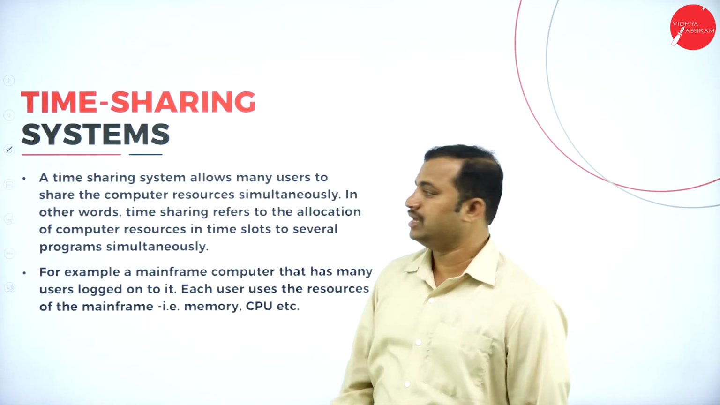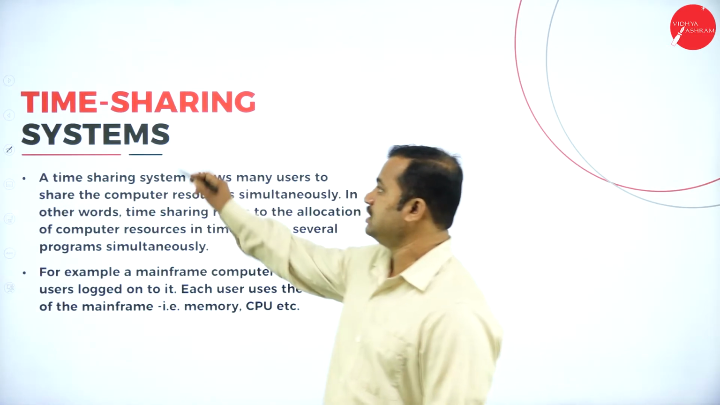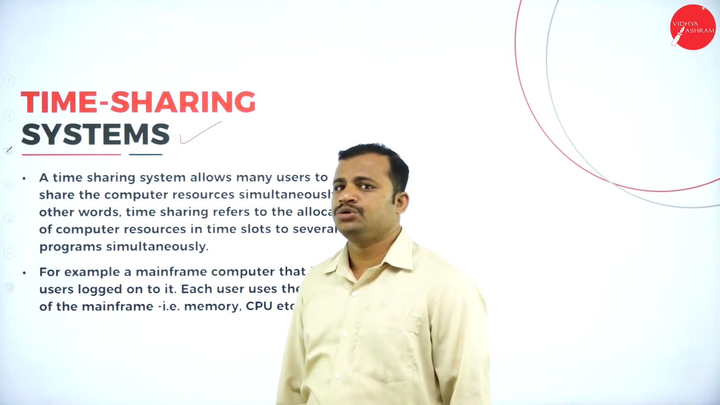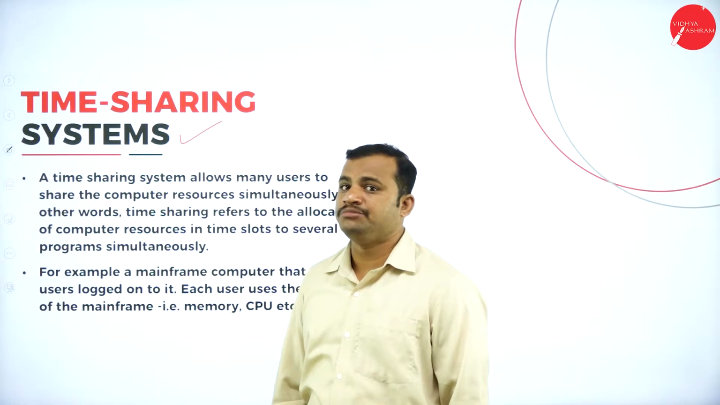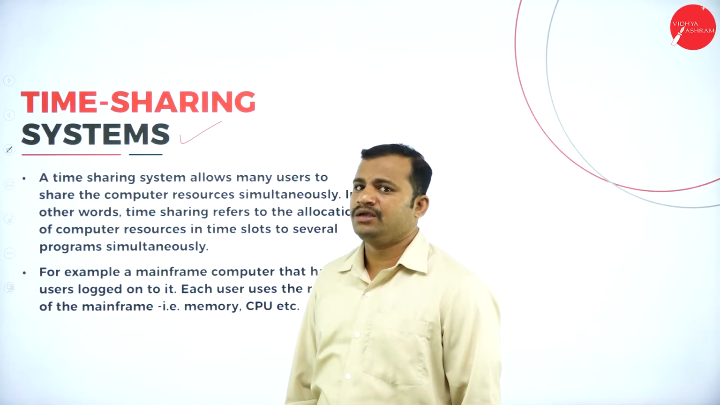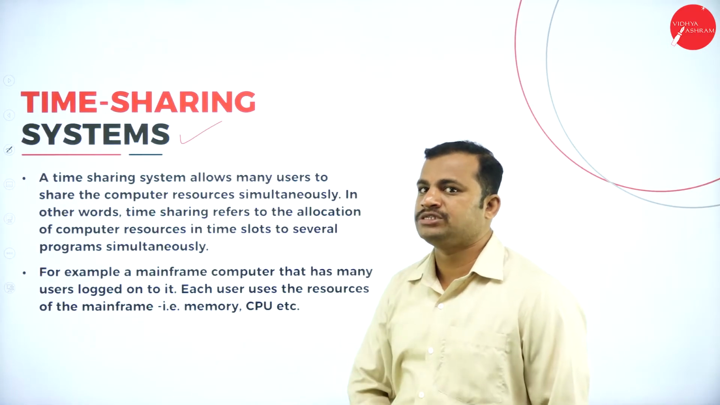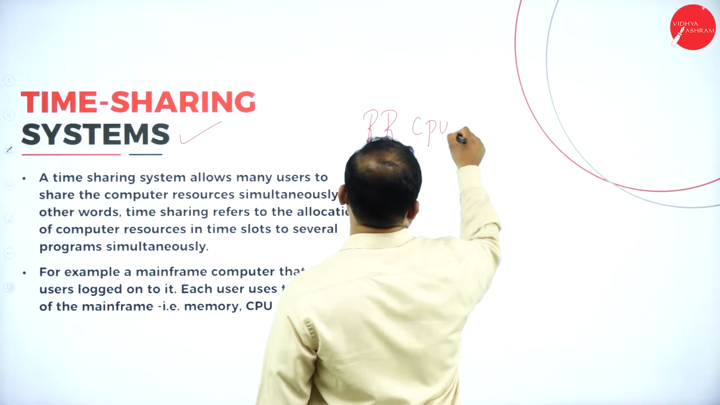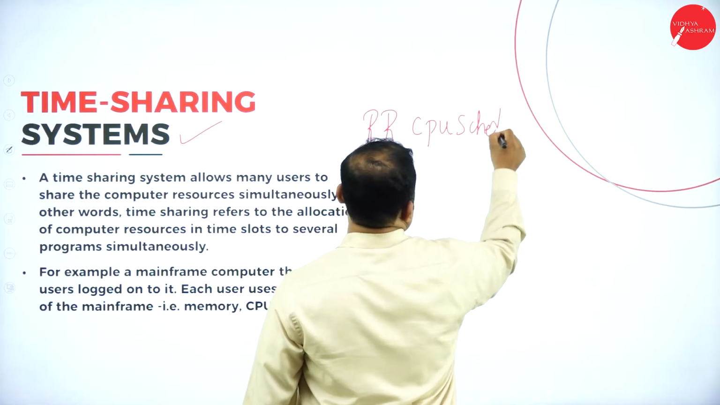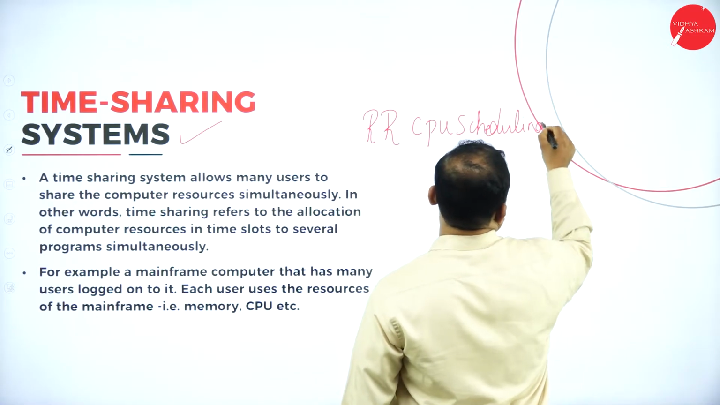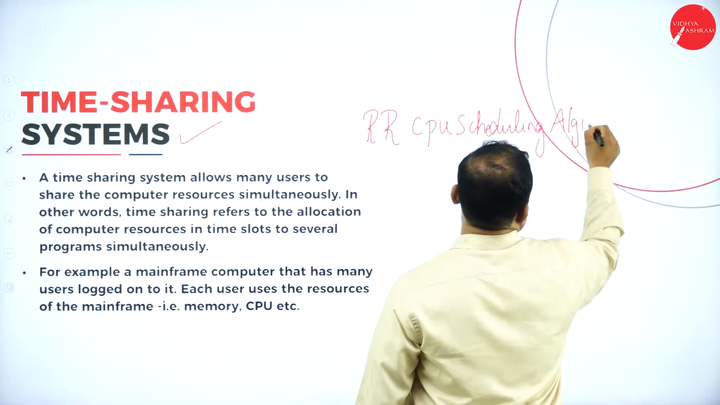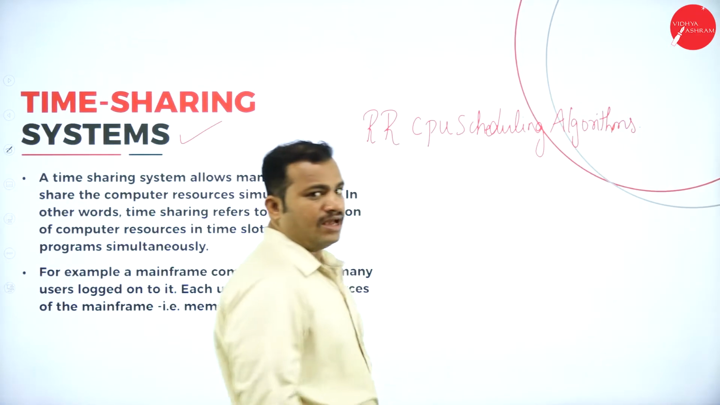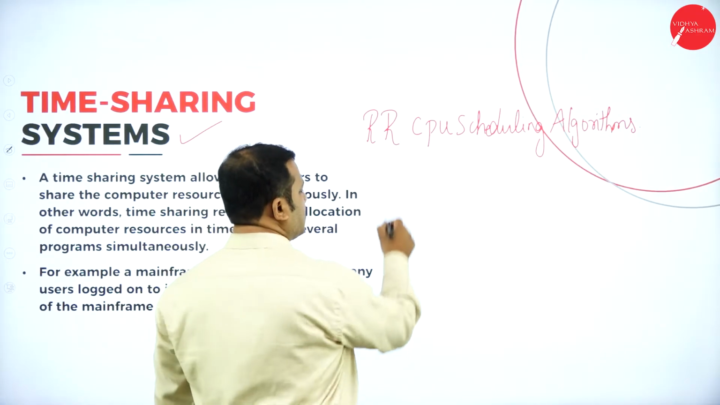Then we will move on to the next important type of system, that is the time sharing system. In my previous session, I also gave you information about the time sharing system. What is the meaning of time sharing system? The round robin CPU scheduling algorithm, also called the RR CPU scheduling algorithm. Suppose there is a time slot of 10 seconds,